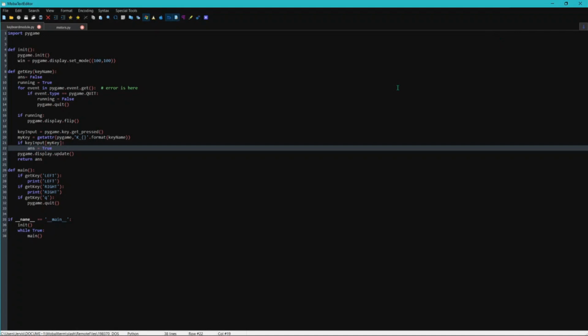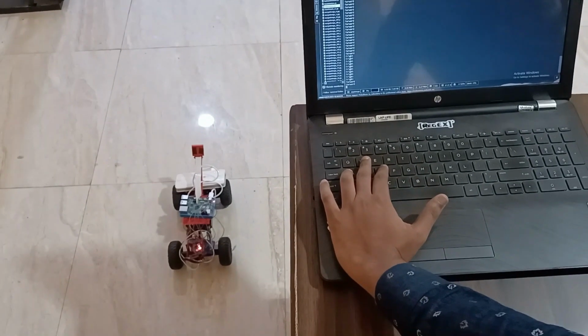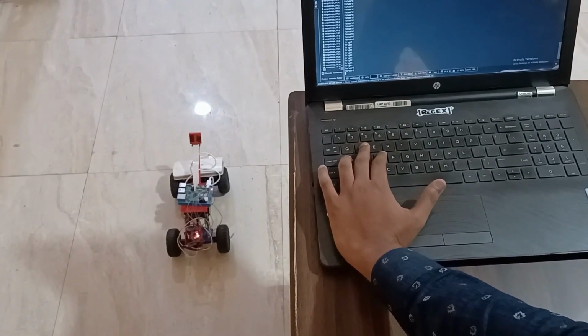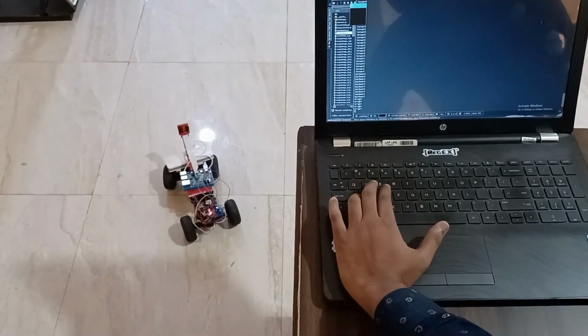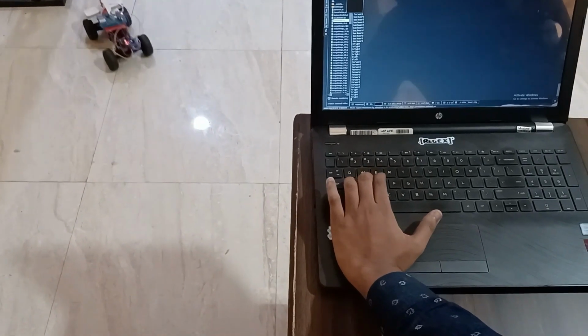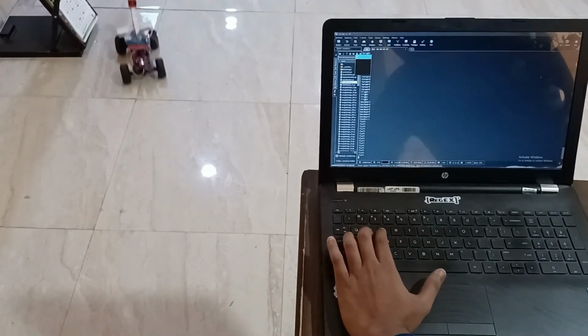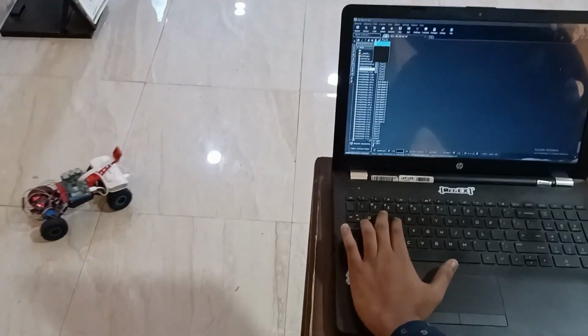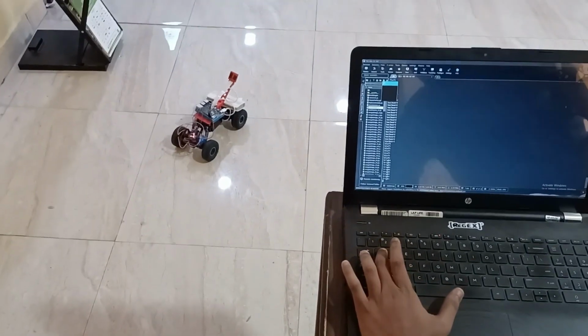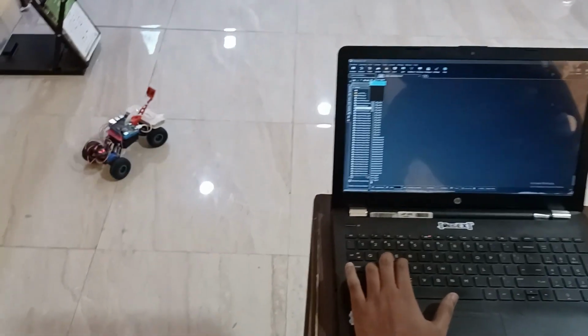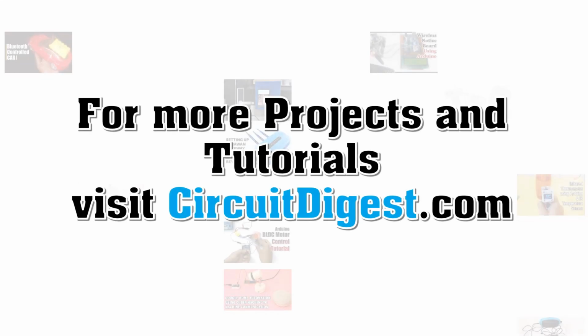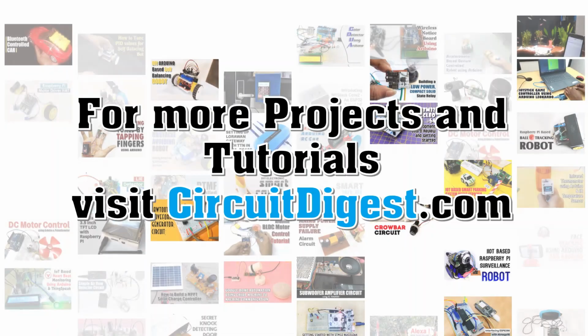Let's see the working of this car. As you can see, our car can be controlled by our keyboard keys. So this is all for this part. In the next part, we are going to take the camera feed and detect the lane according to our track. We are going to build our track, take the camera feed, then apply our lane detection algorithm to detect the lane and send the signal to the motors so that we can control them accordingly.